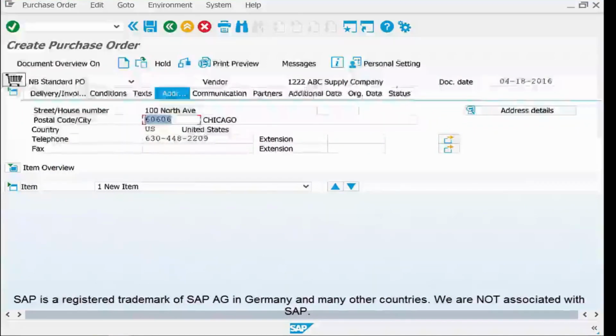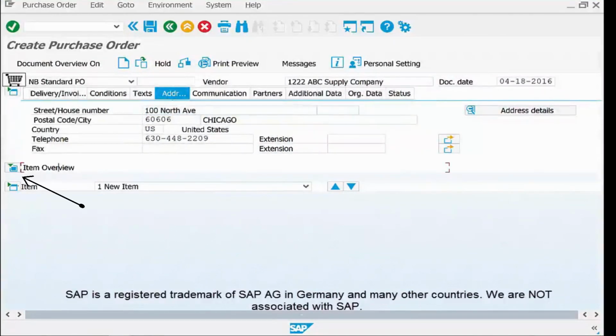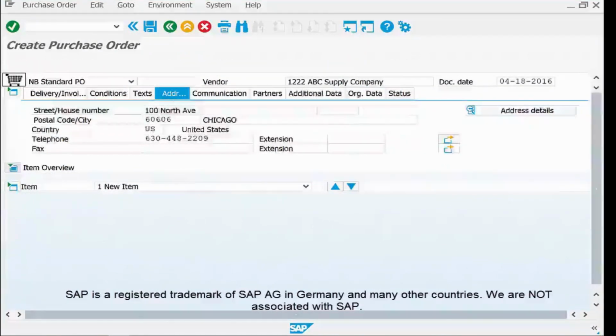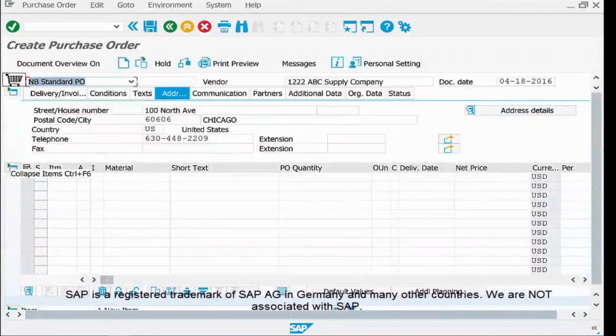So once you have filled all these details, the next part which comes up is item overview. In item overview, we are going to list down all items which we want this vendor to supply. Similar to the vendor data, when we selected the vendor code and inserted it into the vendor column, we have to make a selection for the material code also, because each individual material in the SAP system is assigned a unique material code. And if you don't know the same, again you can take help of Search Help.